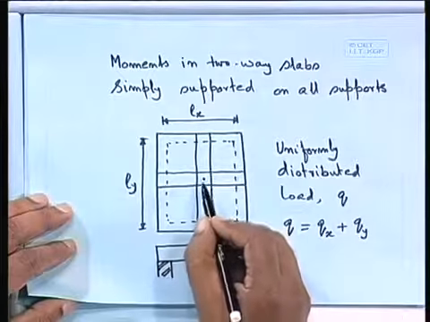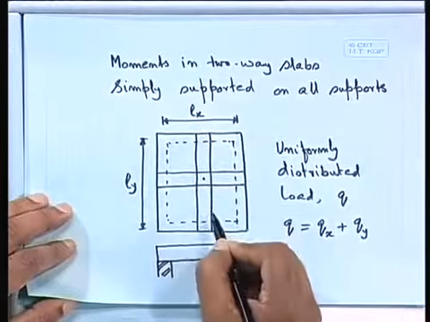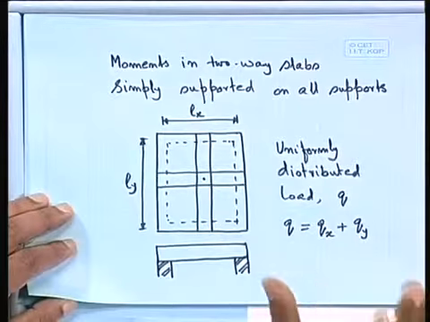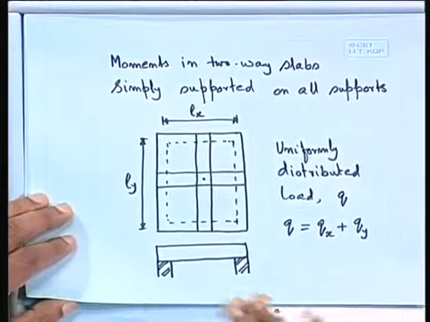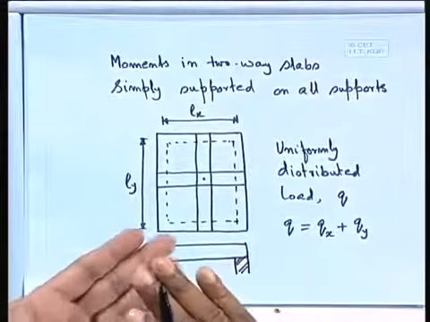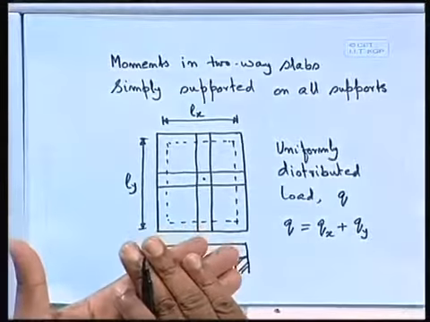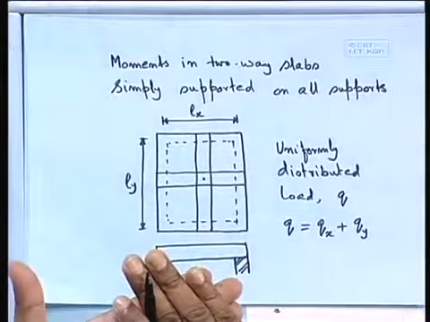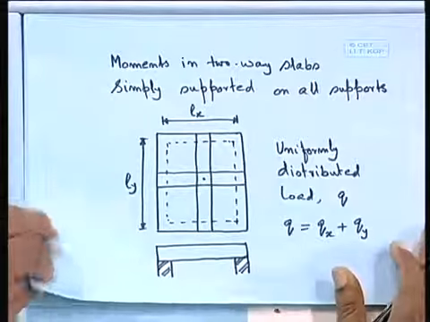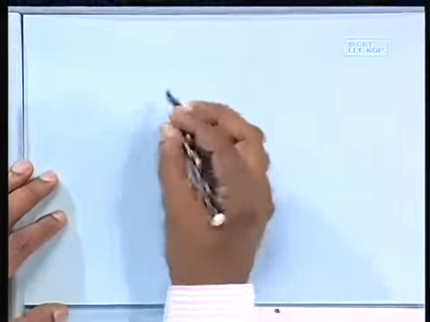We can take Qx and Qy on the basis that, due to Qx, we get a certain vertical deflection here, and due to Qy, we get a vertical deflection, and those should be equal because there is no differentiation. That means both of them deform at the same time and there is no disconnection. So that is why we can take the vertical displacement as the same; that is our assumption. So, we can write down